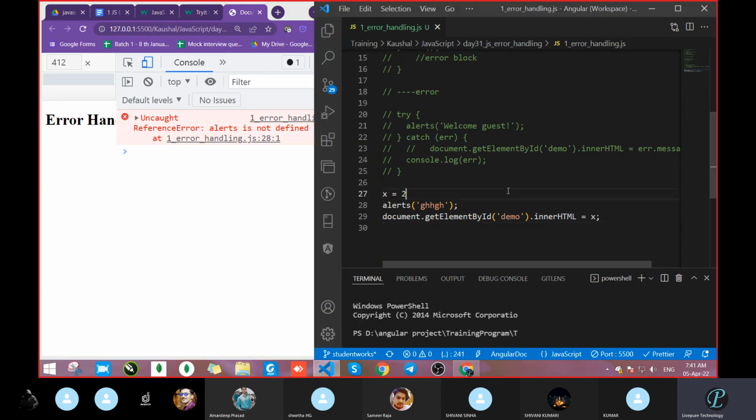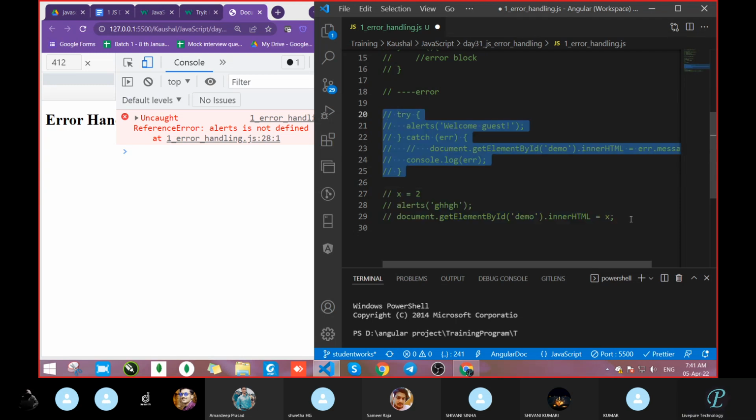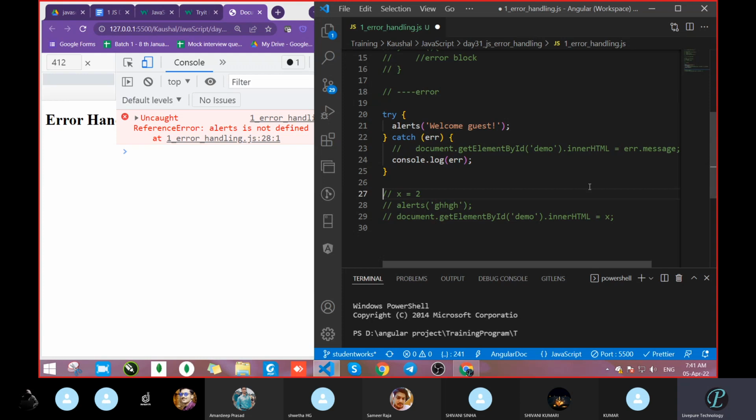So for that purpose, we are going with try and catch. In try and catch, we had written one variable inside the catch, ERR. In the argument of the catch section, whatever variable you write there will become a variable, a parameter you can say.